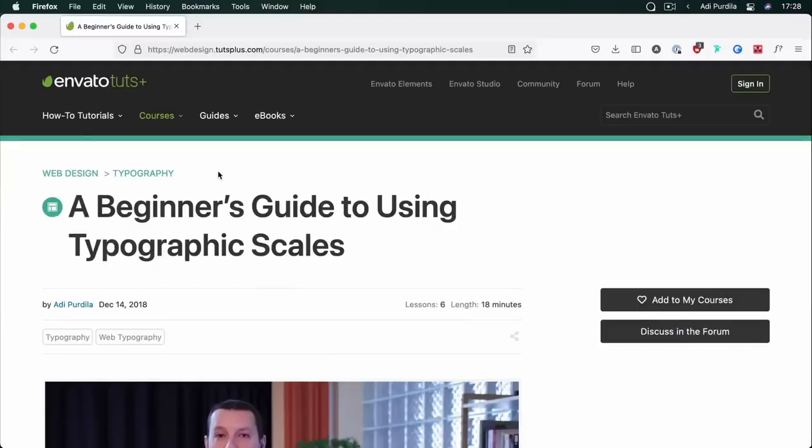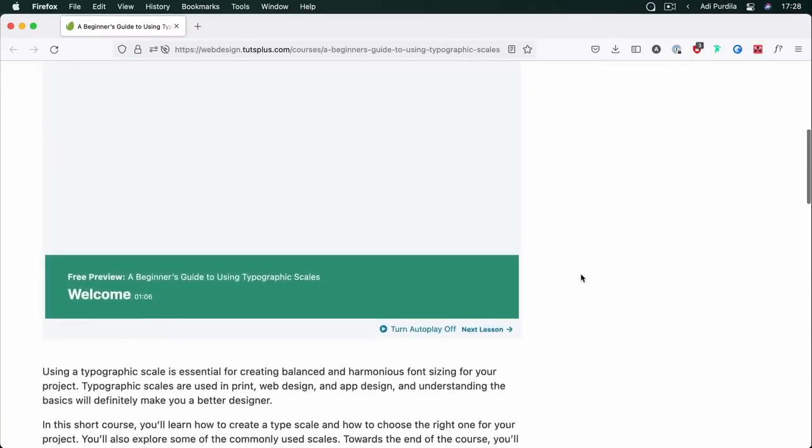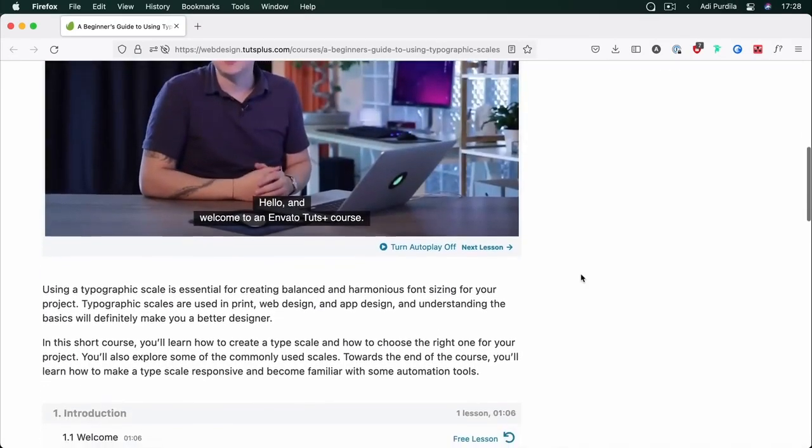Now we need to talk about attributes. So how do you pick the right font size, the font weight, letter spacing, and all that? Well, when it comes to font sizes, because that's probably the biggest deal, thankfully, we have something called type scales. I made a separate course on Tuts Plus on this topic, so if you want to learn more about type scales, go ahead and check that out. Naturally, I will be using type scales in this course, and I'll show you how to create them because they make our job infinitely